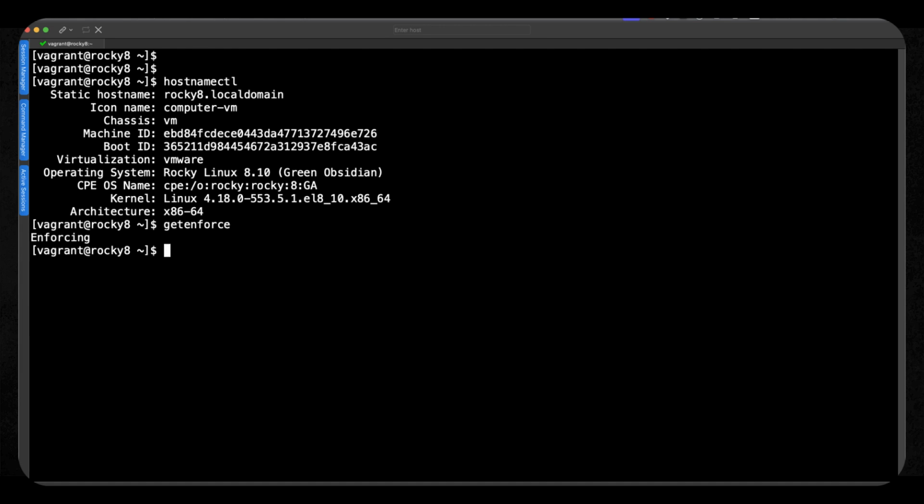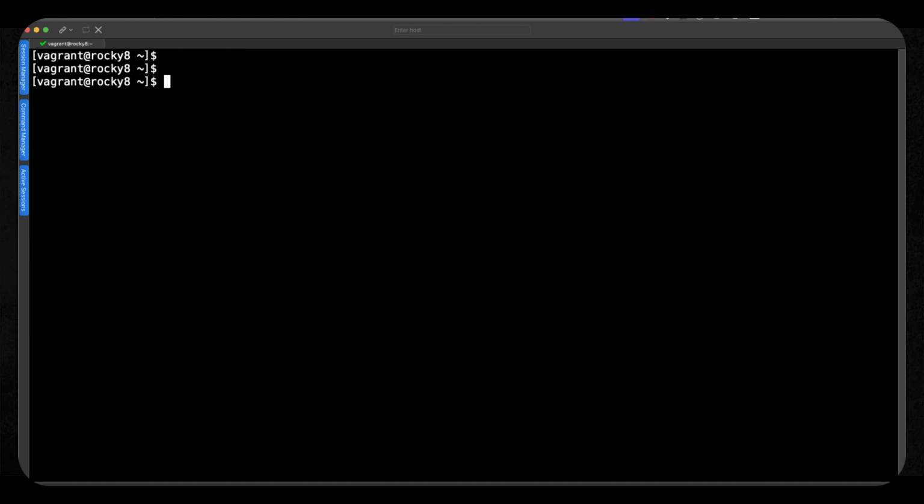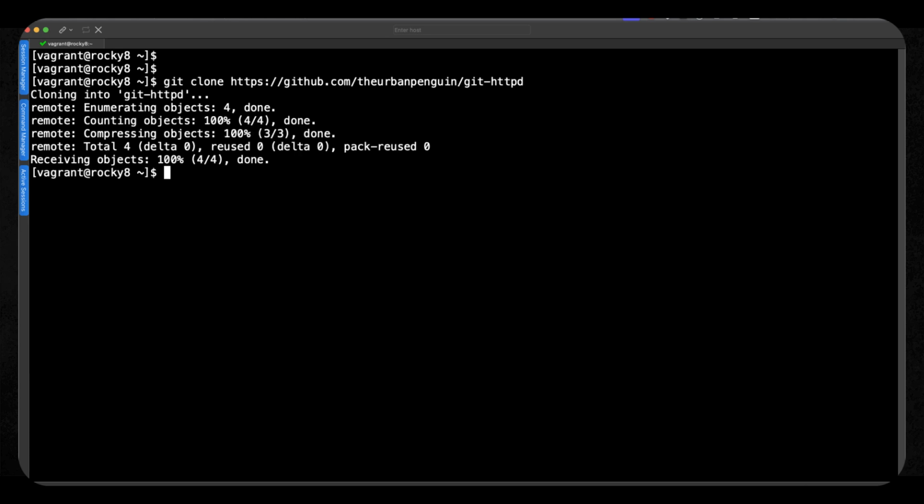Having said that, we're going to be keeping this as simple as possible, so we won't be configuring our web server any more than we need, and we won't be putting on HTTPS. Another really useful feature is being able to clone the repository that I have set up for this video. So we can go through and git clone https, looking through to github.com and running through to my repositories, the Urban Penguin. And if I recall correctly, I've called this git-httpd. So we can clone this.